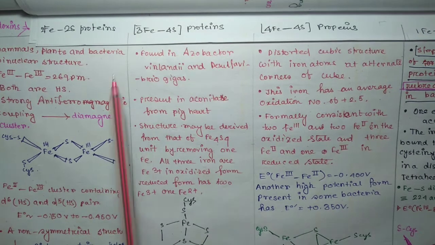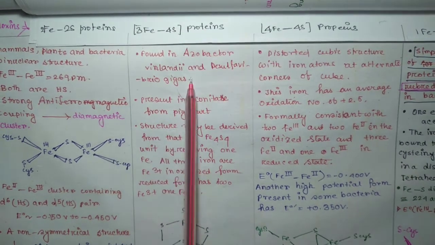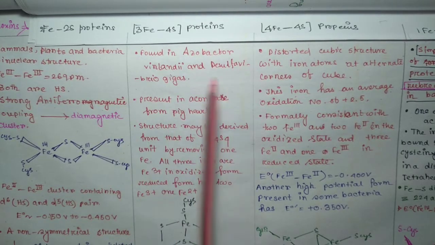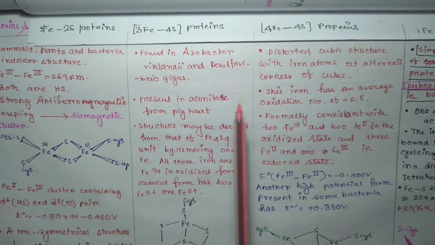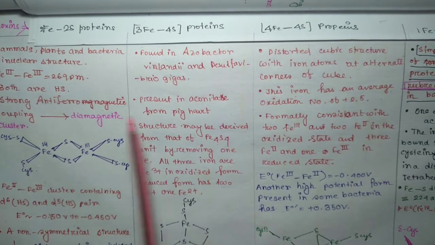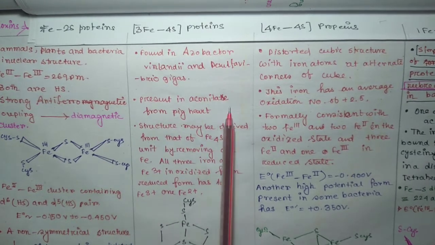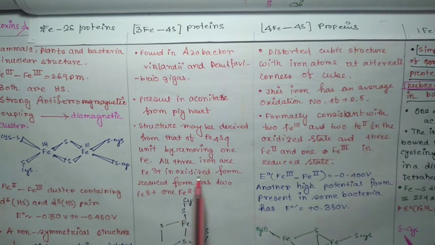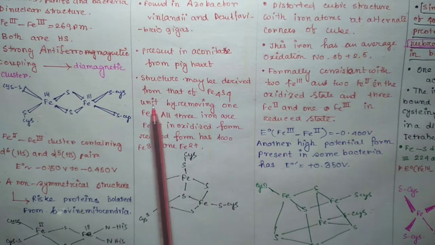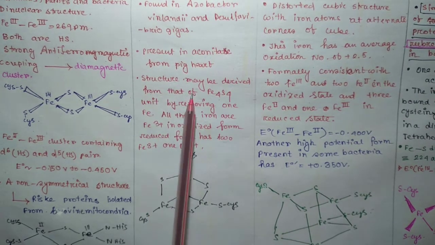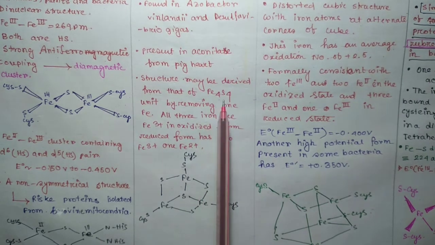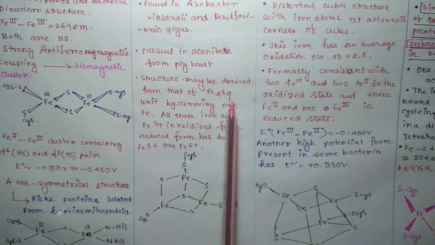The next is the 3 iron and 4 sulfur protein, found in Azotobacter, Acidianus ambivalens and Desulfovibrio gigas. This is also present in aconitase from pig heart. Now the structure is derived from that of the Fe4S4, that is 4 iron and 4 sulfur,